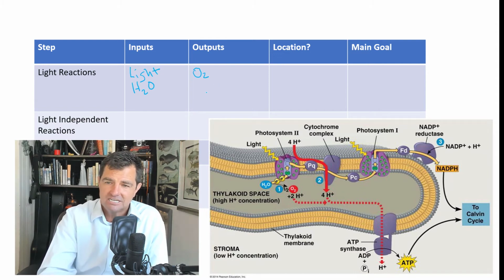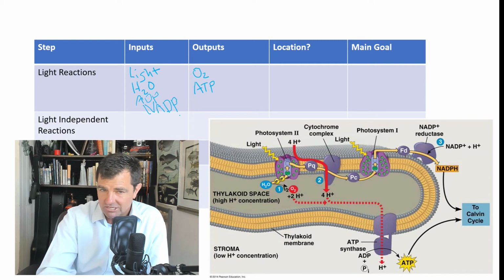And we're also going to make some ATP, which I mentioned before. And remember, anytime you're going to make ATP, that has to come from ADP, so we can put that as one of our inputs. Most important part is we're taking NADP and making from that NADPH.